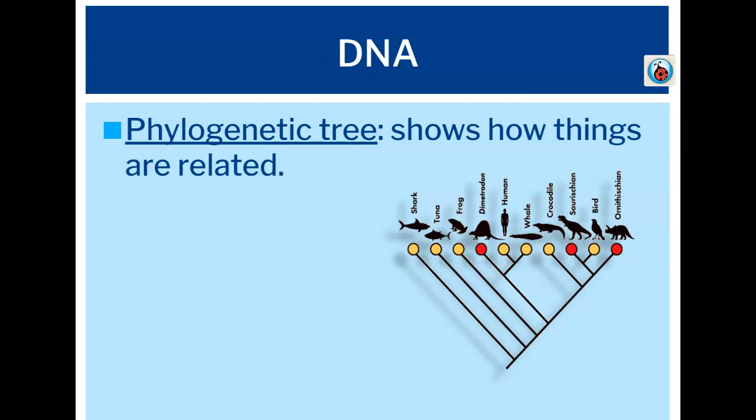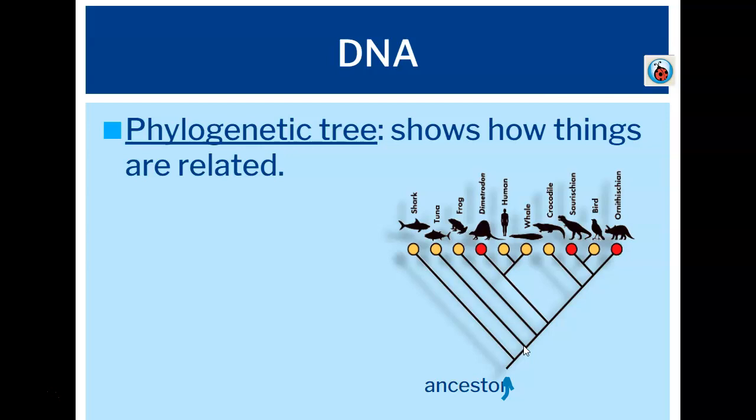And these trees show how things are related to each other, who's more closely related to who. We'll get a little bit more practice with this later. So if we put the ancestor down here at the bottom, and we ask ourselves which organism is more closely related to the ancestor, if you go up the tree, you can see it's at this point right here that the shark and the ancestor shared a common ancestor. It would be at this point, so it's further up in time, where the tuna and the ancestor shared common